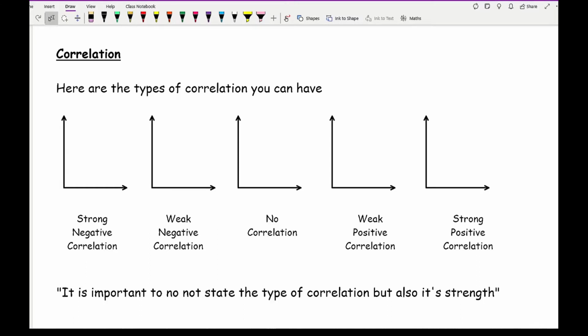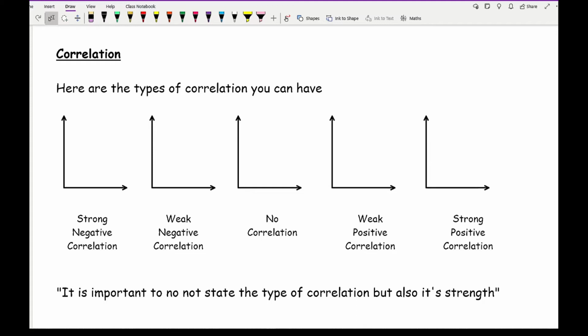So let's go into detail about what correlation actually is. When looking at a scatter diagram, to a non-mathematician it may just look like a load of random points scattered amongst a set of axes. However, what you're trying to look for when looking for correlation is seeing if the points form a straight line. That straight line could either be heading upwards, it could be flat, or it could be going